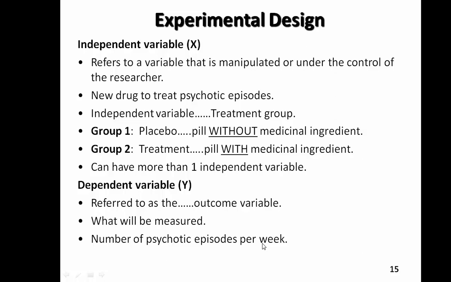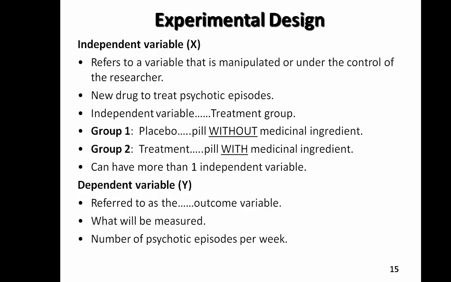So in a study such as this, if the new drug were found to be effective at reducing the number of psychotic episodes per week, statistically this outcome would be different when measured between group 1 and group 2, where group 1 would have a greater number of psychotic episodes per week if the drug were found to be